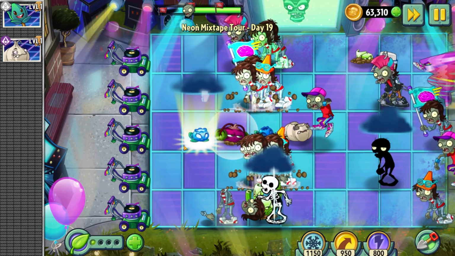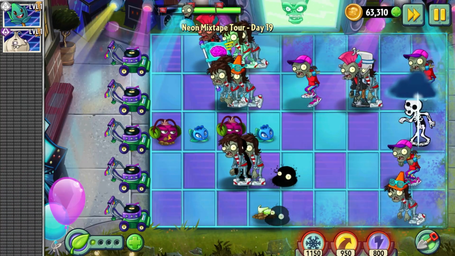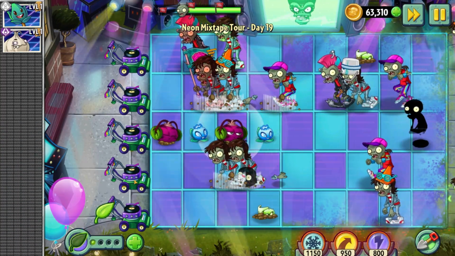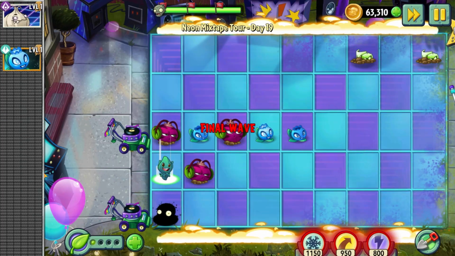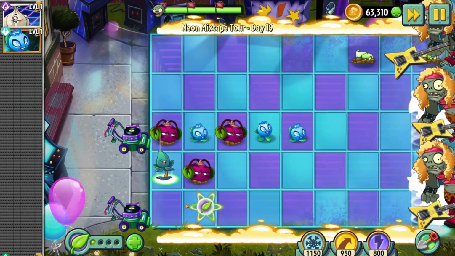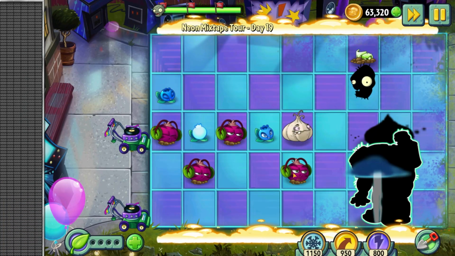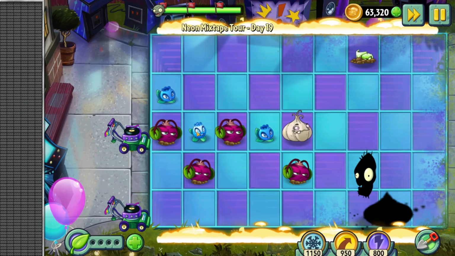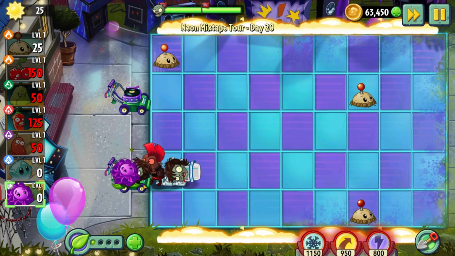What's this? Is it just like the lightning reed? Just like the lightning reed, yeah. But like, what? Damn, that's quite powerful. Day 20 had a ton of zombies by the end, meaning I lost all but 2